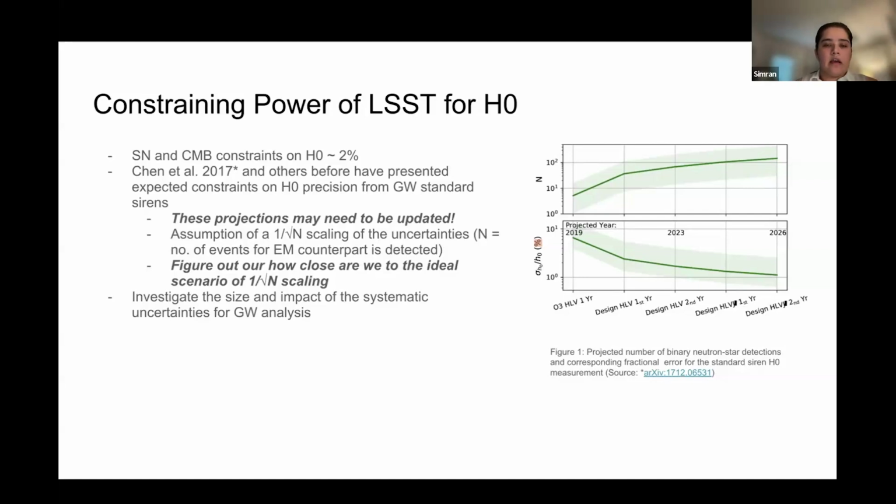It was predicted that with every year there would be improvement in the detectors that we have, more detectors would be added to the network, and the number of events detected would increase with that.